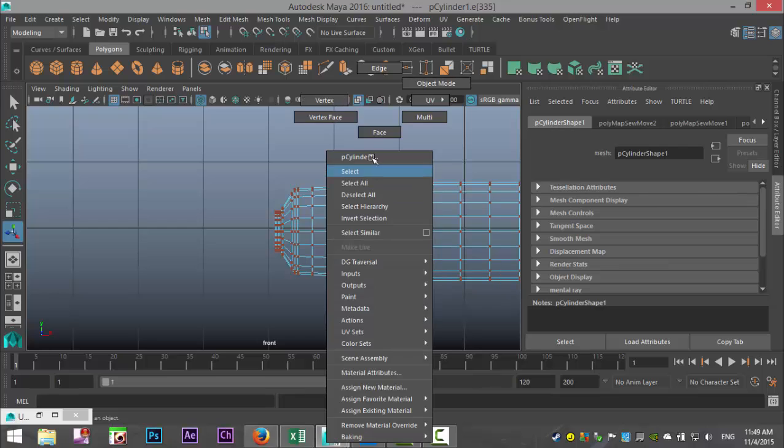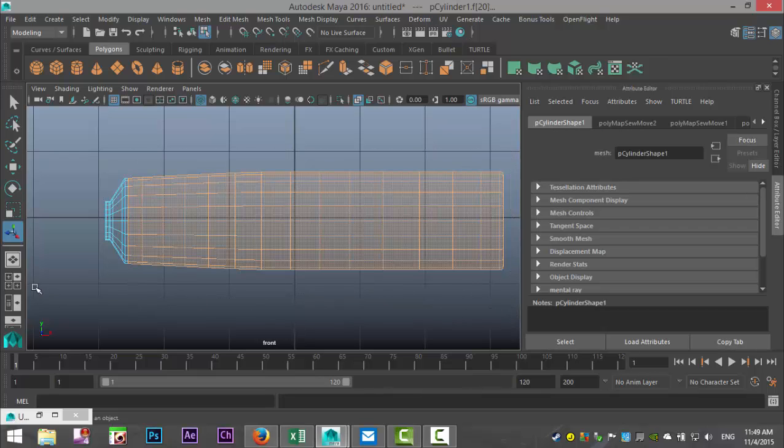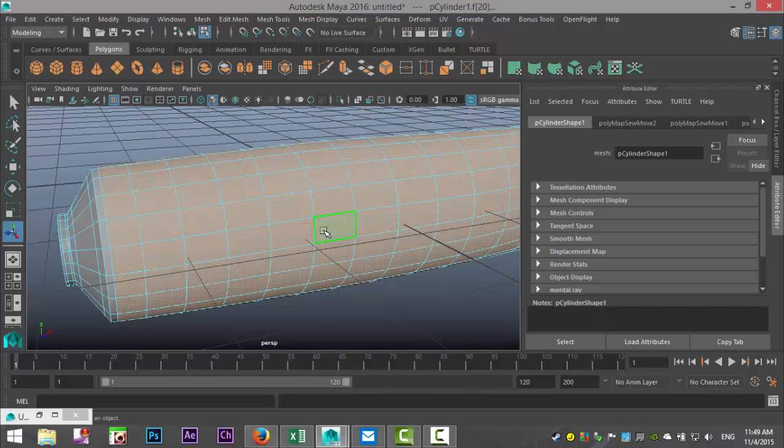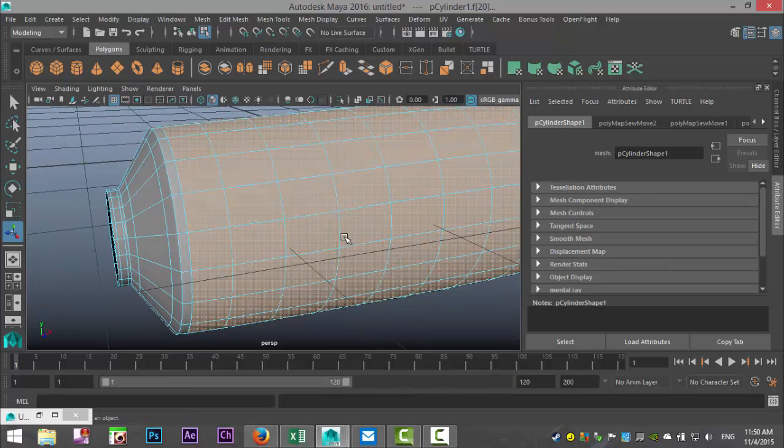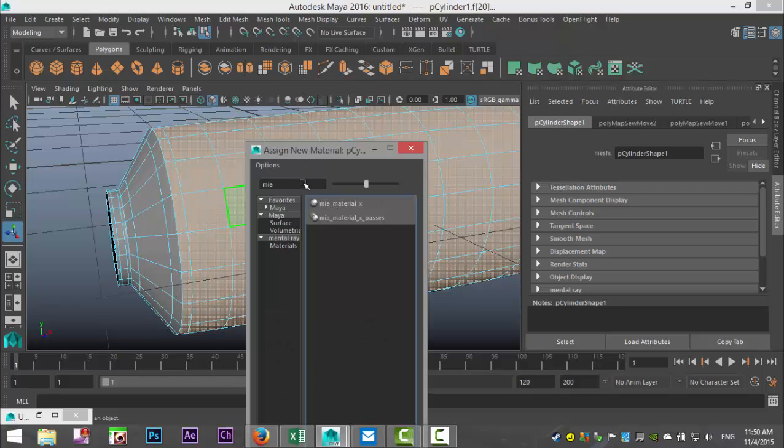Okay, so I'll right click face. We got that area again. We're going to hit shift period to increase that by one step. Right click, assign new material. Let's go with another blend.